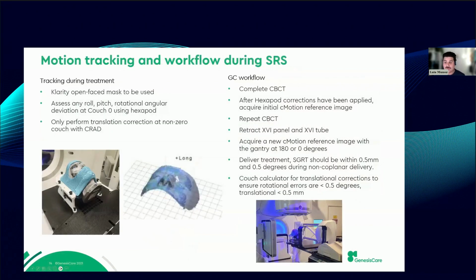So from an immobilization point of view, we utilize the Clarity open face mask, and during the treatment process, we assess for any pitch, roll, or rotational deviation at couch zero using the hexapod, and then only perform that translation correction at non-zero couch with C-RAD